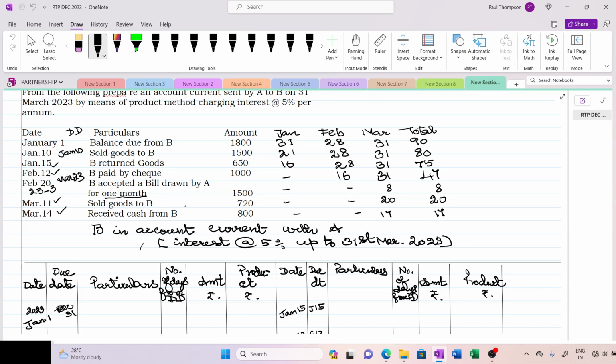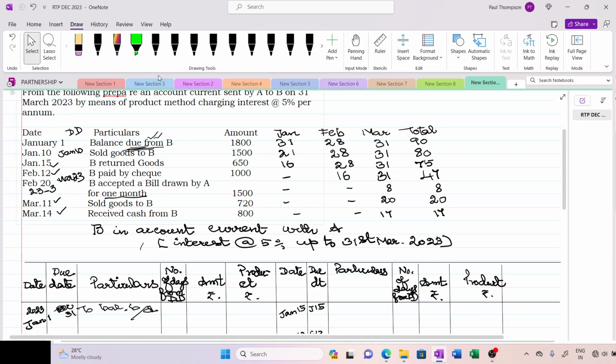That's it. So first one is a balance due from B. So he has to give and we have to receive. Okay. So he has already received this amount. So it will appear on the debit side because he is a receiver here. So you are going to write to balance brought down. Balance brought down, the amount will be